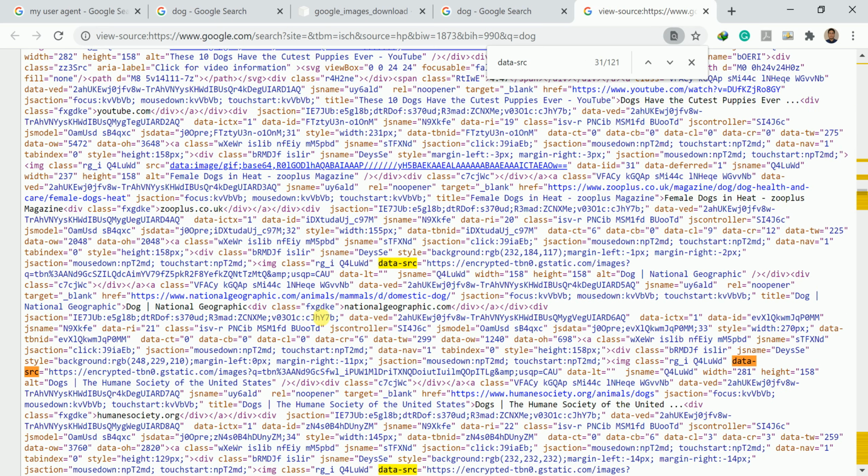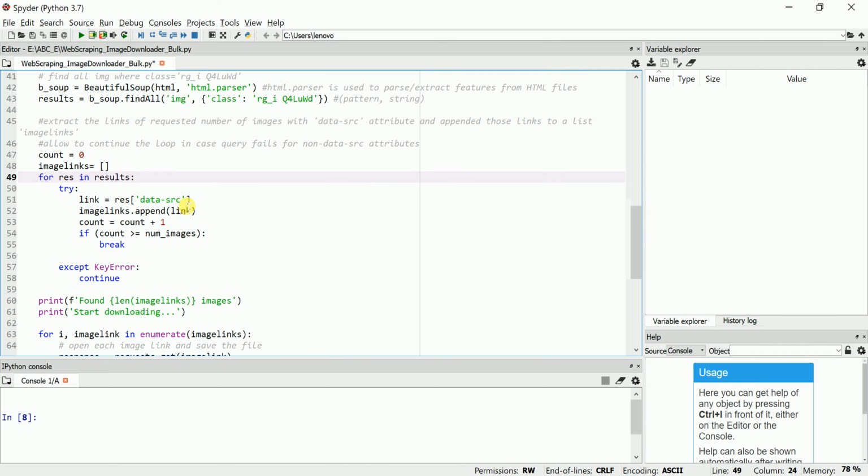See, this is one data source, this is one, similarly this is one data source. Here, here, here, here, you can see. So the data source that has that name will be saved to link, and in the empty list, that is image links, that link will be appended.